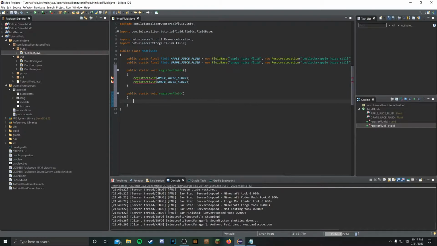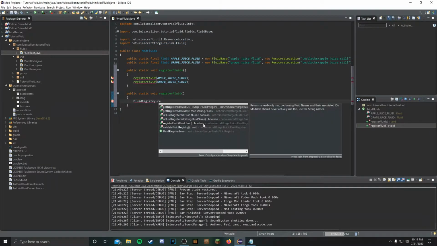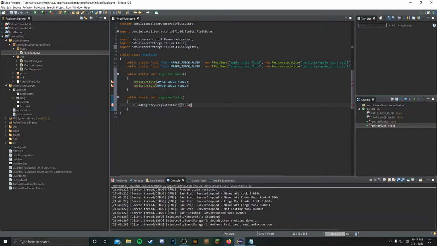Hang on, let me take a look at my notes. We're going to be writing a fluid registry. Wait, is it registry or register? Yes, registry dot registerFluid right here. Wait, I forgot to add one more thing in here. And actually, in these parentheses right here, we're going to be writing fluid. One with a capitalized F and the other with a lowercase f. We can then put a semicolon here, and then yeah. Now this is to register our fluid. We're going to be adding this into our